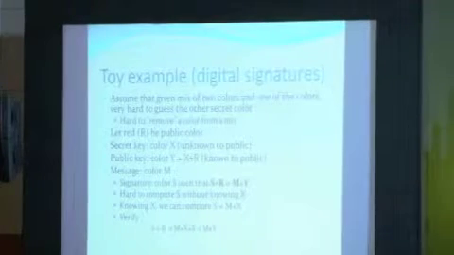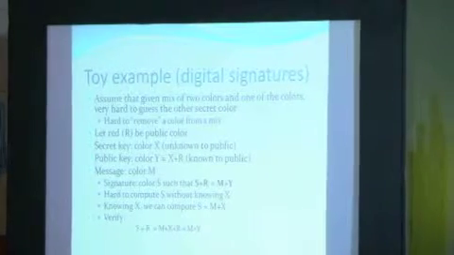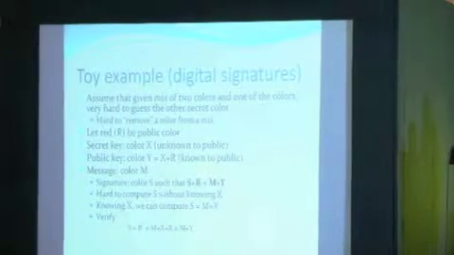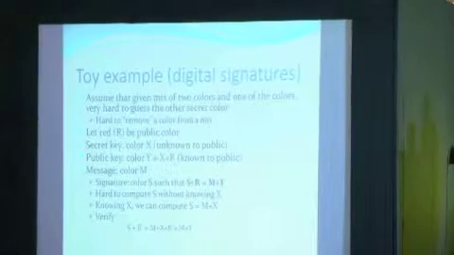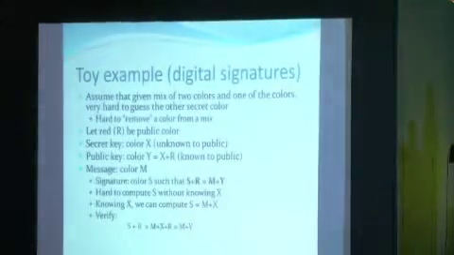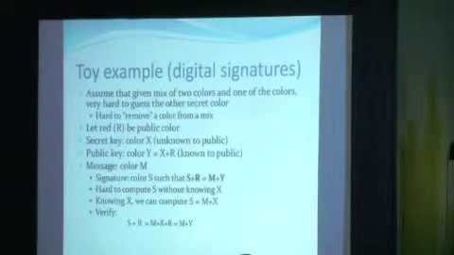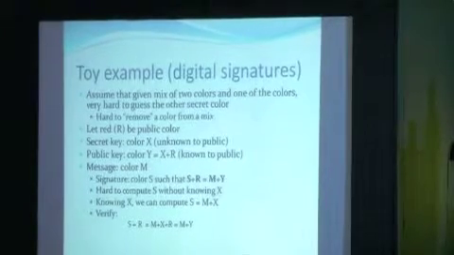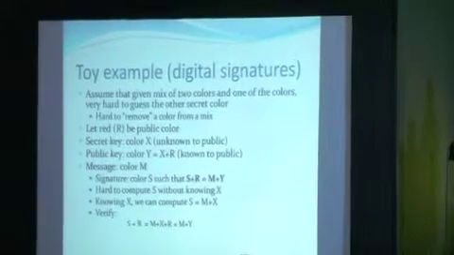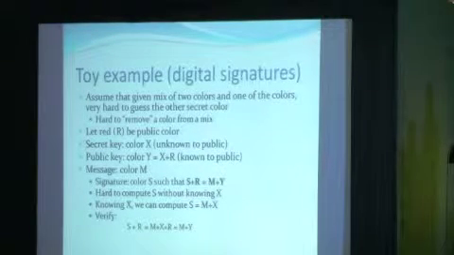So you mix S plus R, which is basically S is equal to M plus X, so it becomes M plus X plus R. And X plus R is simply Y. So it is basically M plus Y. So it's equal to the right-hand side. So you can verify that the signature is true, but only somebody with knowledge of X can generate such a signature. So that's how public key cryptography works, but instead of colors, we use numbers.